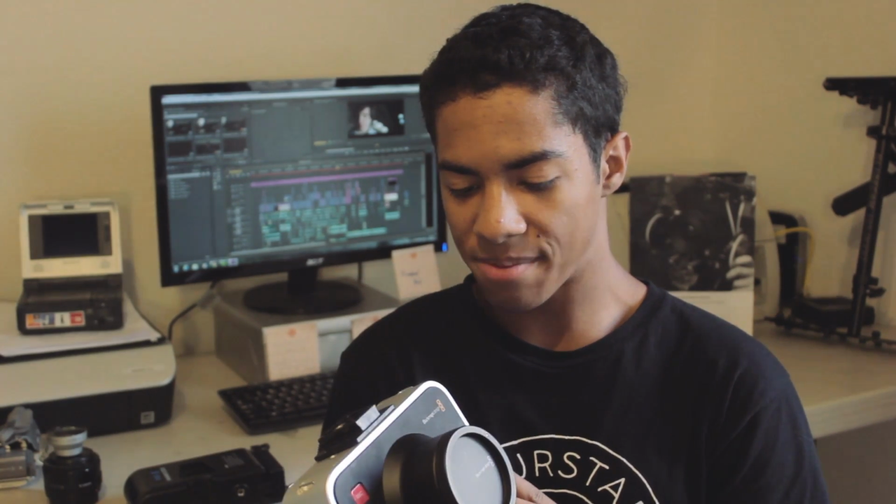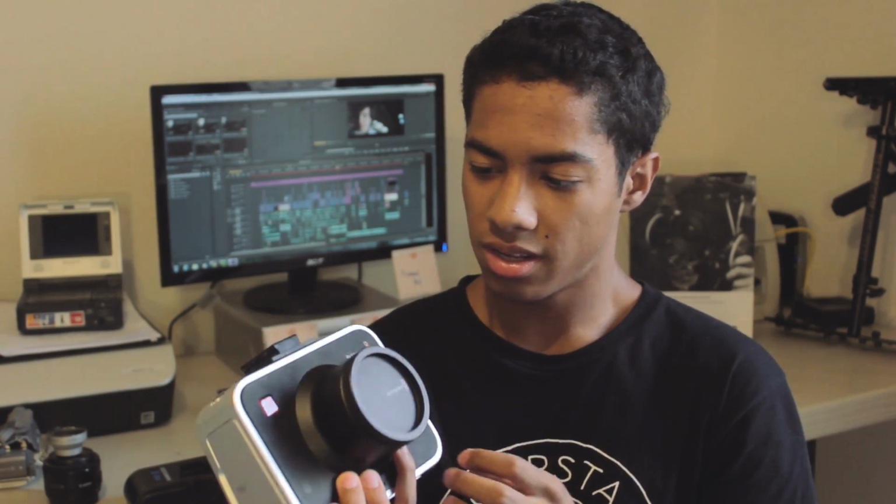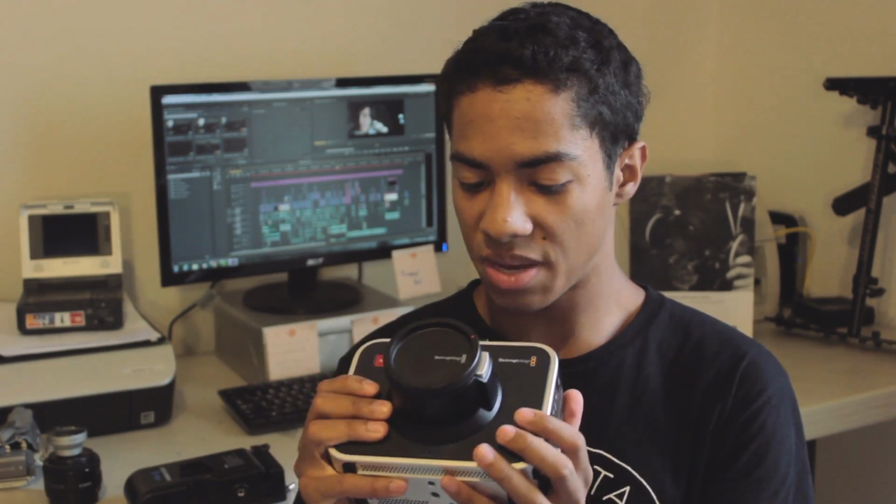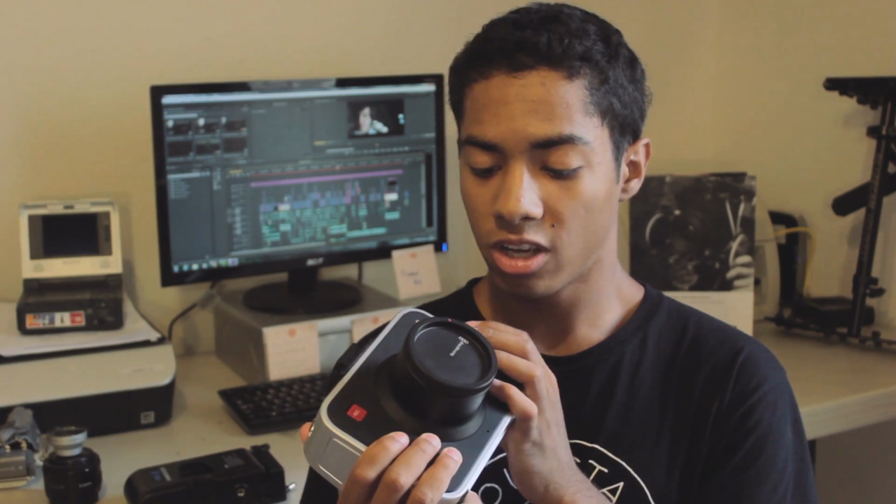The cons of this camera: the body is really awkward ergonomically. But most professional cameras, their bodies aren't the best shaped. If you look at a Red Epic, Red Dragons, even an Alexa, the body's like a box, but you have to rig it up with rails and all that stuff to make it operatable, which is the same with this camera. It's just more awkward than those. So make sure you have some sort of rail system or rig to go with this camera,